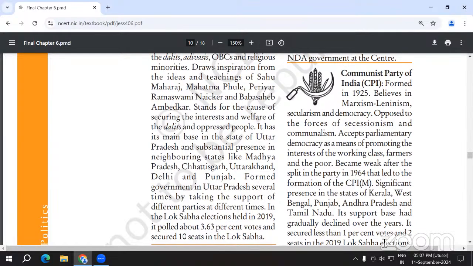As a means of promoting the interest of working class, farmers, and the poor. You told about the farmers. So this political party mostly works among the workers, farmers, and the poor. That is why they used to organize some kind of violent activities, attacking the institutions and all to protect the workers. Earlier, there was some kind of Maoist activities, and this party was trying to establish or trying to